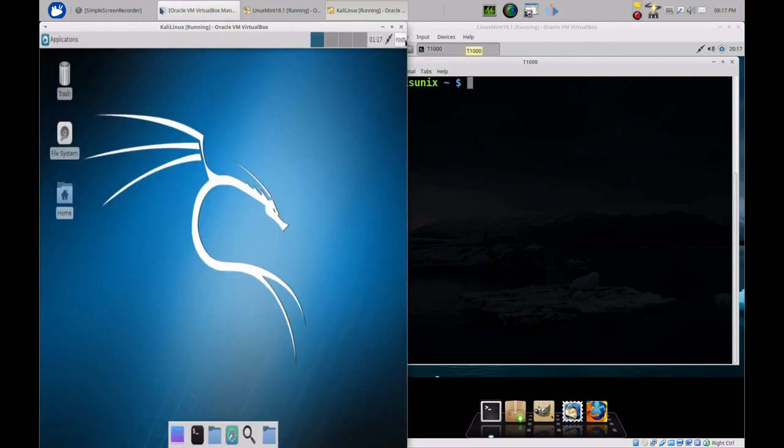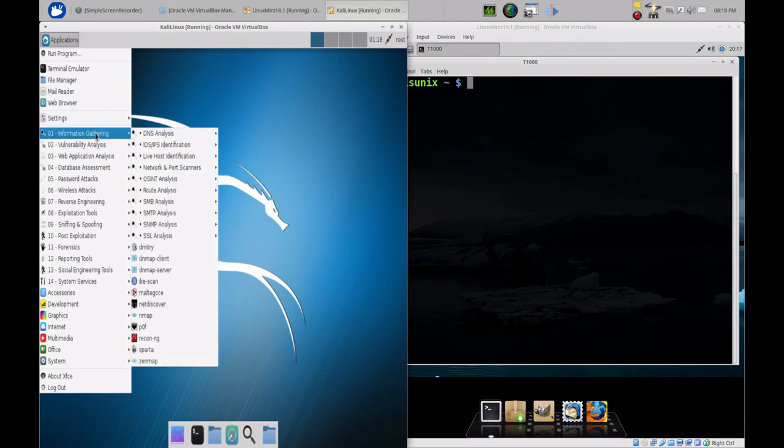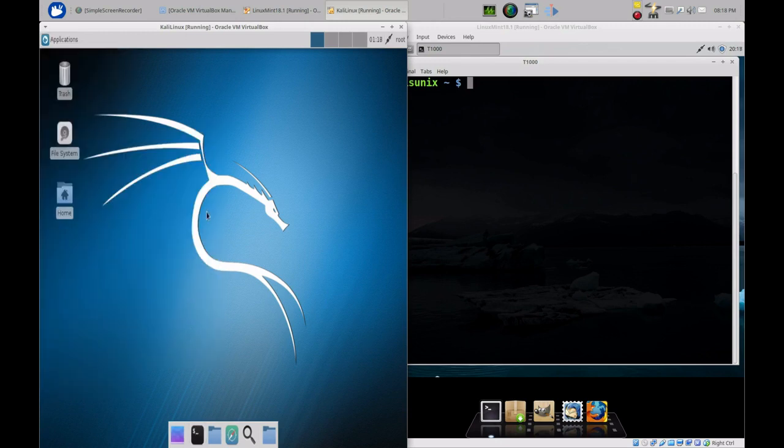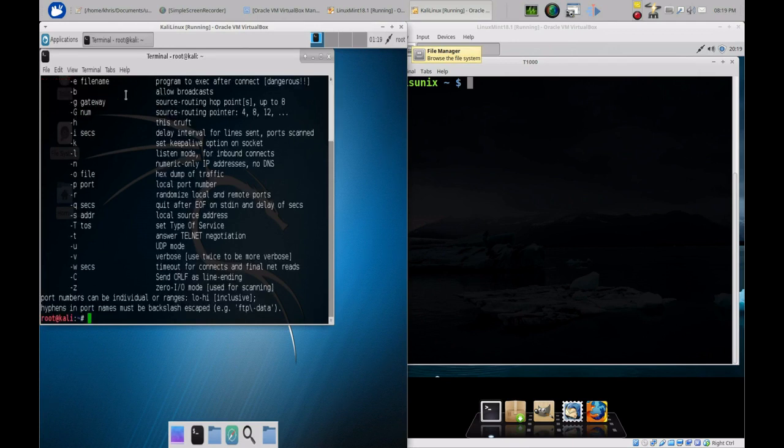Okay, so I'm going to go ahead and get my notes so I can start running the commands. But basically all you would do is you can open up the terminal. If you want to go to your applications manager and look at it that way, you can. The easiest way to do it is just go to your terminal and just type in NC, but you can also run it as Netcat like that, so same thing. So okay, the first thing we can do is we can run nc -h,